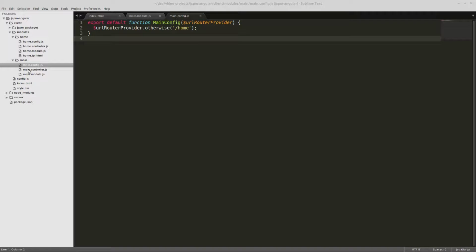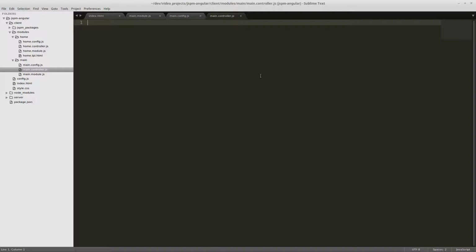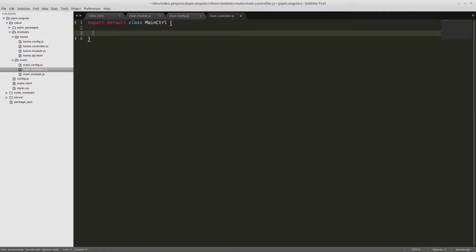So now we can go to our main controller. We'll define that, and we'll do export default, and we'll make a class. We'll call it main control. And in JavaScript 6, classes have a constructor function, which is similar to init or any kind of code that would run whenever the file was loaded. So now you put that code into your constructor, and we'll pass it in a scope,